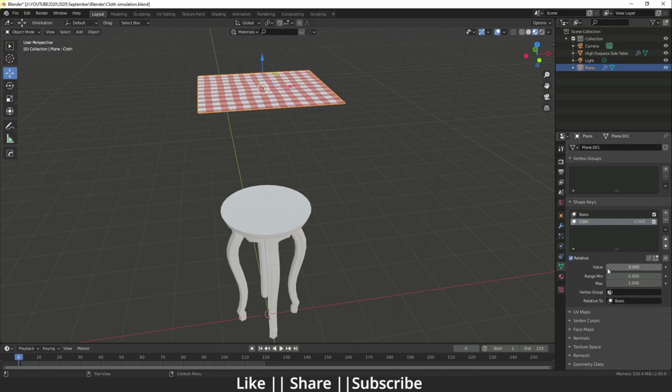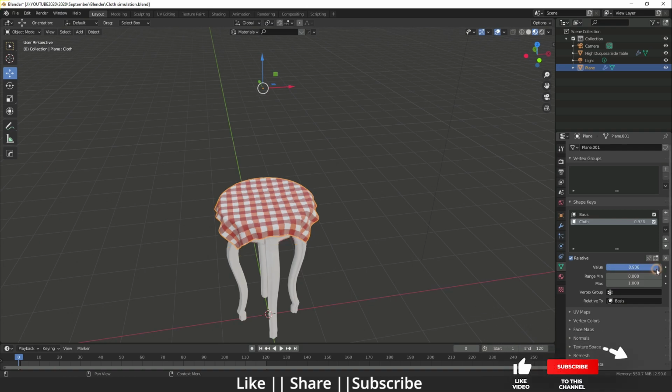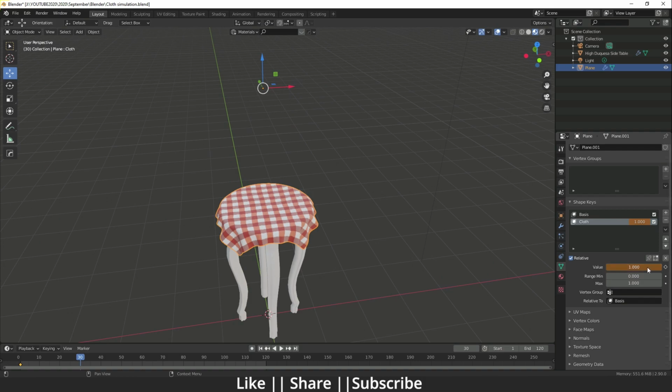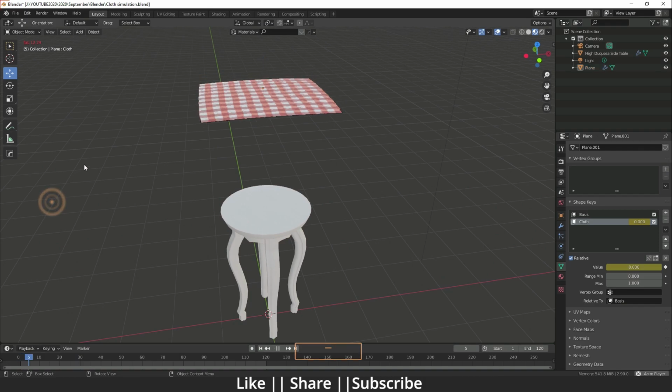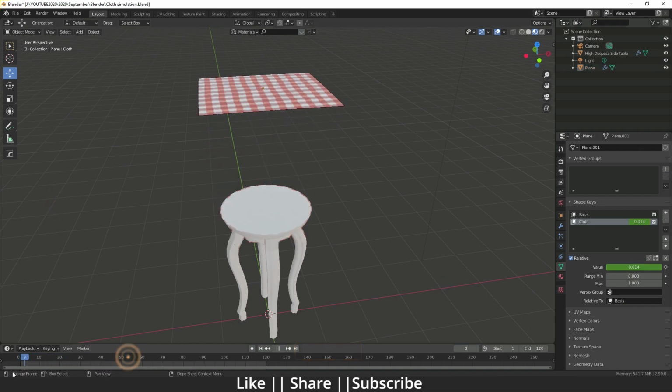When you move the value slider, you can see that the cloth simulation is applied as a shape key. And now we can add a keyframe on this shape key and make this animation easy. For that I'm just pressing I on top of this value button, and then I will go to the 30th frame and increase this slider to 1, and then I will add one more keyframe by pressing I. From here you can see now we have a perfect animation of this cloth simulation. That's how you can save lots of time using the shape key.